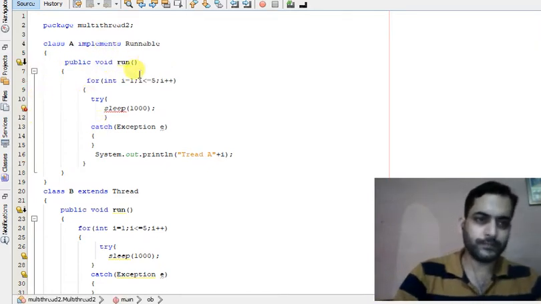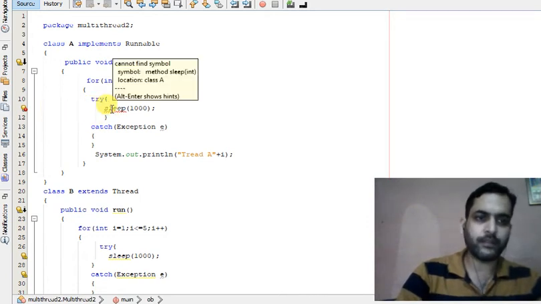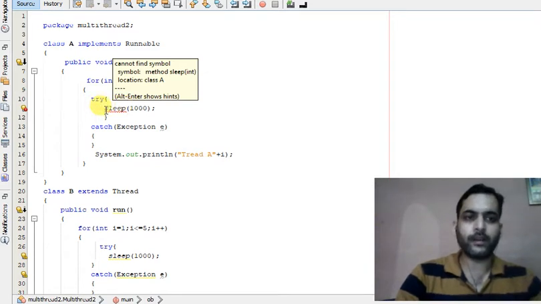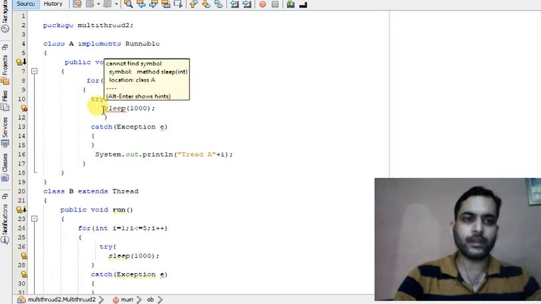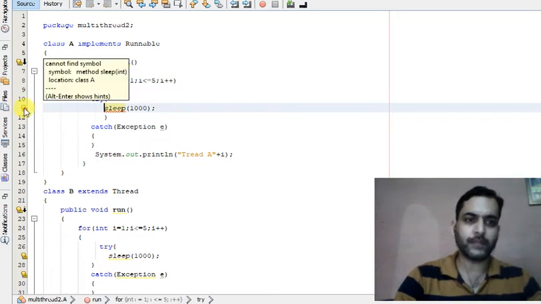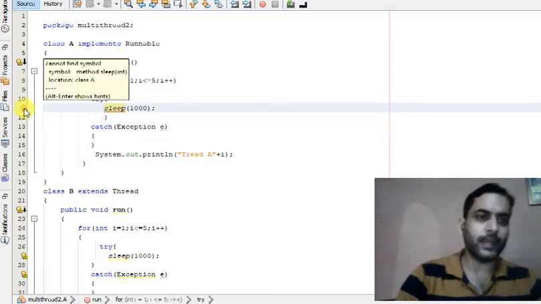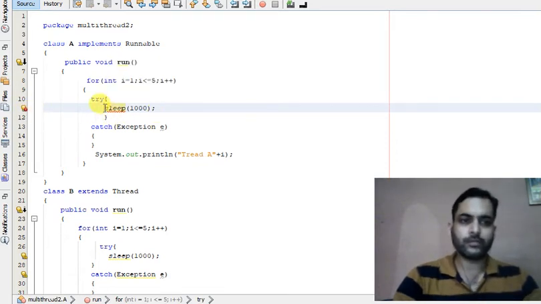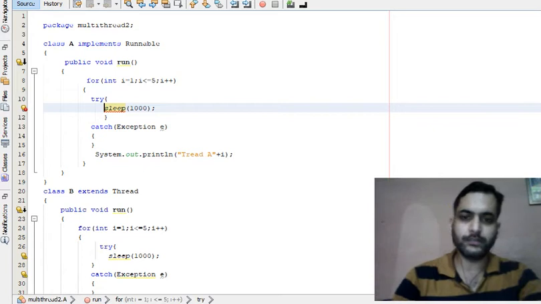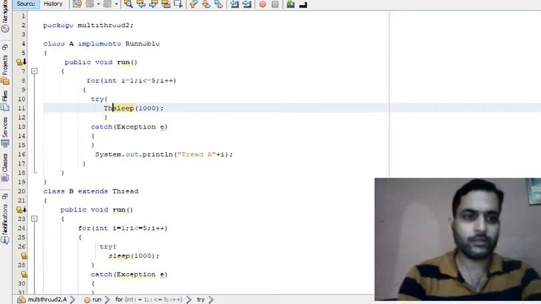Now see, this line is giving an error because this sleep method is in the Thread class, and since we have not inherited the Thread class in class A, the sleep method is giving the error cannot find symbol.